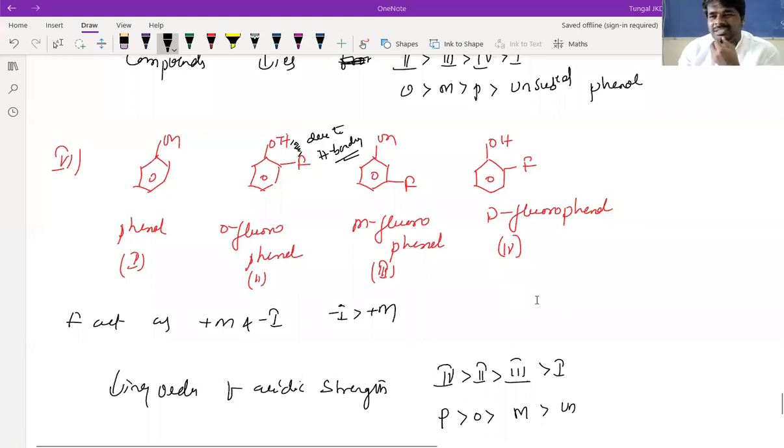See, beta, this is an exceptional case. Due to the hydrogen bonding ability of the fluorine, its acidic strength is affected. Ortho is expected to be more acidic, but ortho is found to be less because of the hydrogen bonding formation of fluorine, beta. Whenever there is a possibility for hydrogen bonding formation, in those cases, ortho will become somewhat less acidic than para, beta.